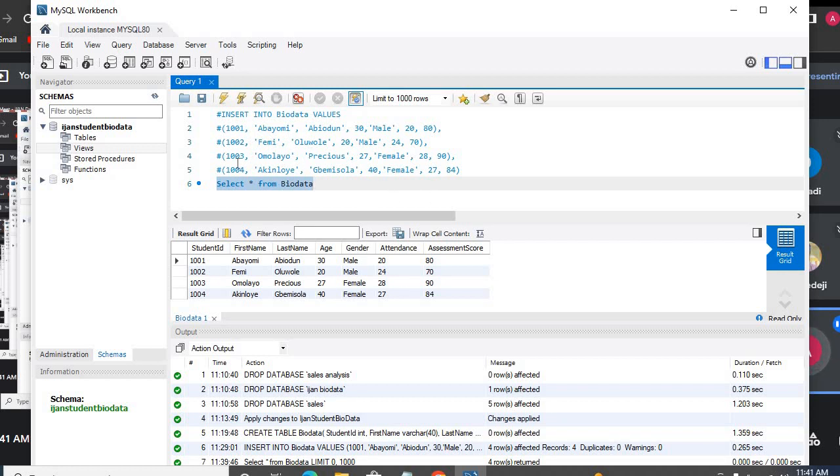So now you can see that we inserted the student ID, the name, and you can see it here, which is we have student ID, first name, last name, age, gender, attendance, then assessment score. So we can see them here. And this particular select star, anytime you use star, that shows you want to see everything